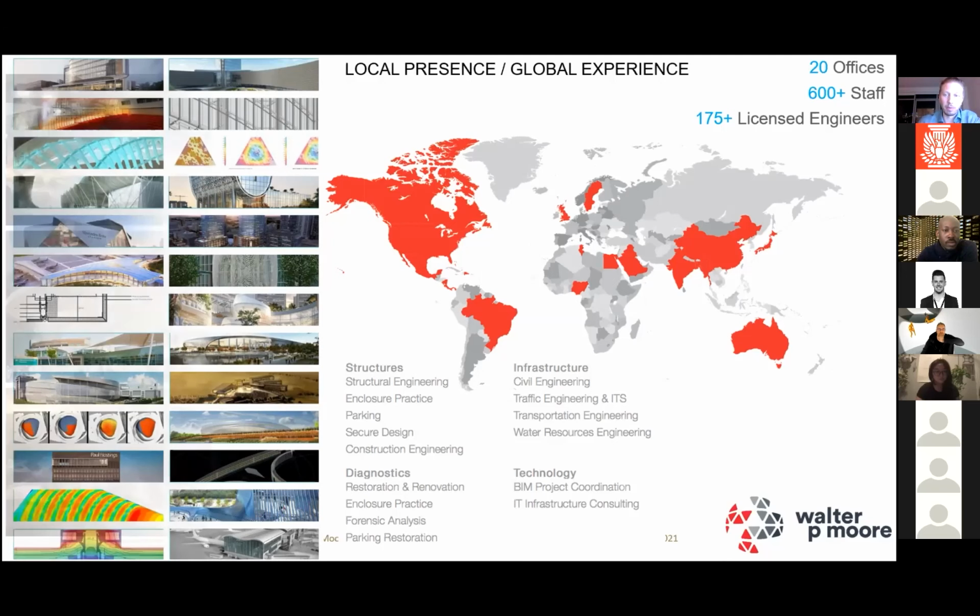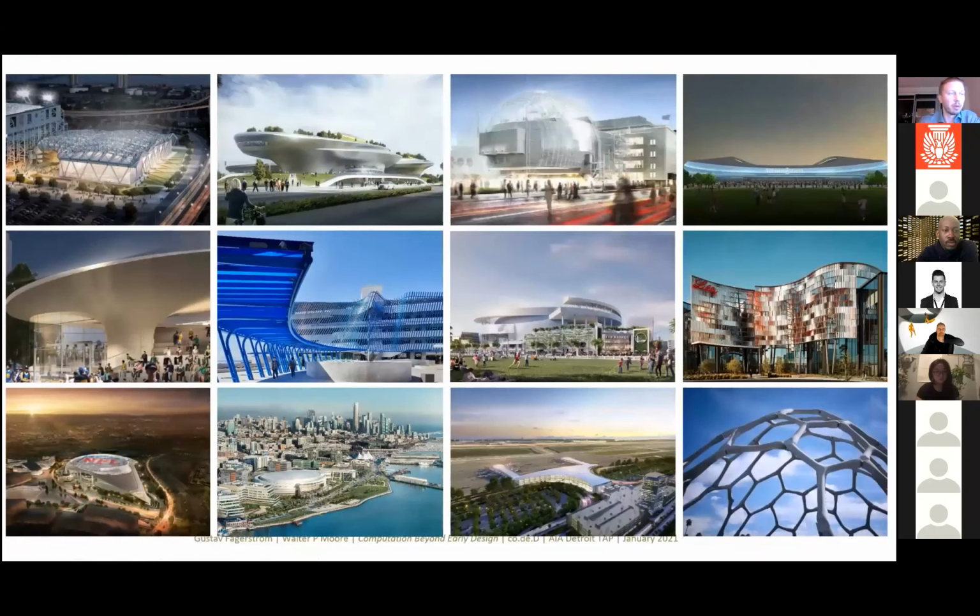Some projects of note before we go into the specific one I'm going to talk about: from top left, you've got the Jacksonville Jaguars practice field in Jacksonville, Florida. Then over to the right from there is the Lucas Museum of Narrative Arts in Los Angeles, California. Here we have the Academy of Motion Picture Arts and Sciences in California as well.